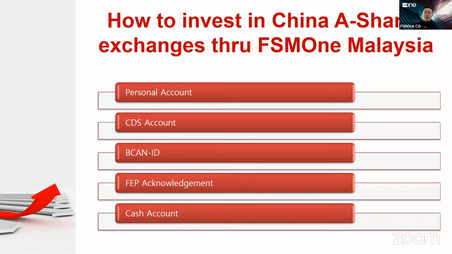Once you proceed to China A-share Exchange to place the order, the system will prompt you to submit a Beacon ID creation. The Beacon ID is short for Broker to Client Assigned Number. But not to worry, because the process is very simple. You will be prompted to fill in your first name and last name on the Beacon form. For China residents, the client is required to fill in their Chinese name. I will show you the details in the next slide.